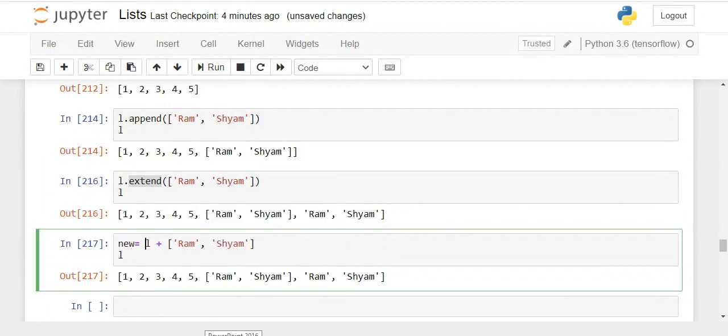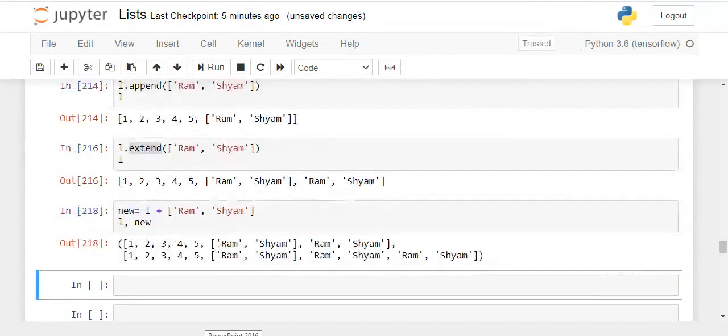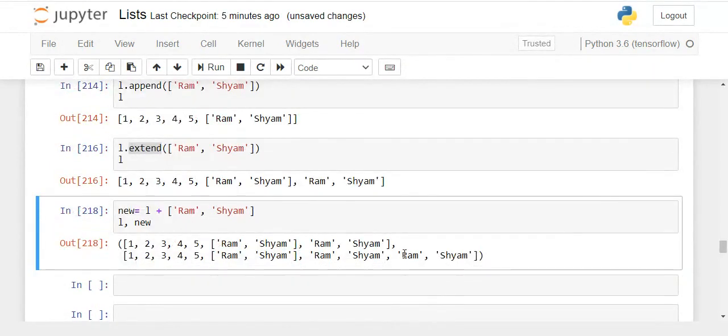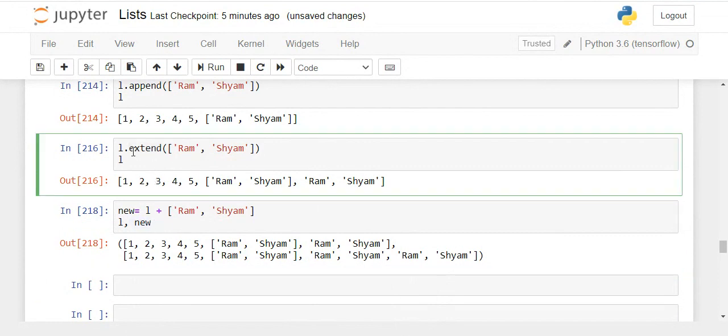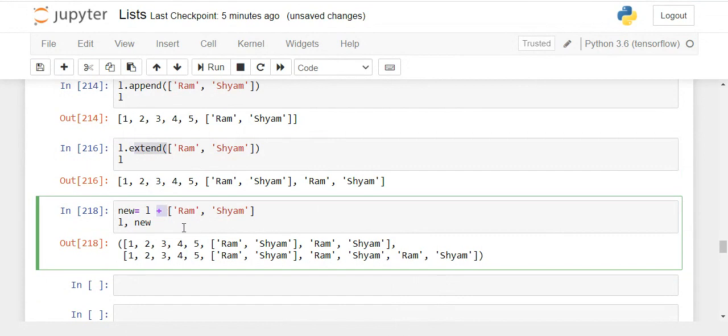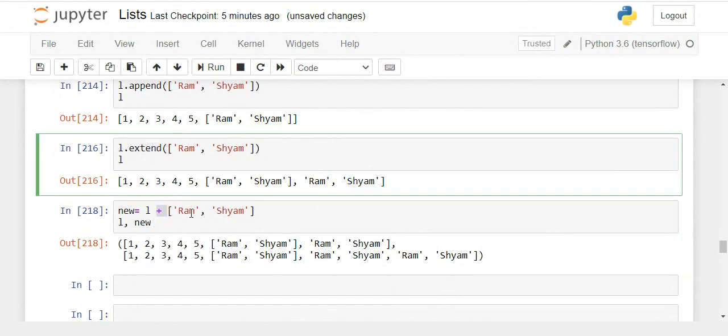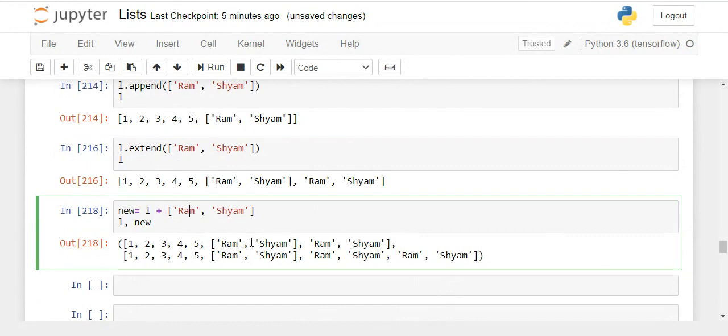You have to create a new list and then you can find out the difference. Now see, these objects are added just like Ram and Sham, just like you had added in the extend function. The same way the values are added at the end and as individual objects, but a new list is created this time. So it depends on the requirement. Do you want to extend a value, or do you want to use the concatenation operator, or do you want to create a new list? So it depends. In this way you can choose a proper function or operator to complete your task.